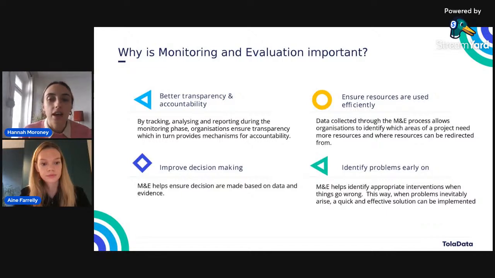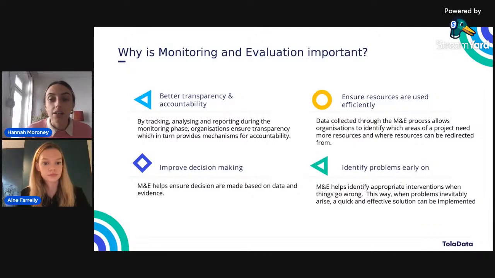Another point we thought of is that you want to ensure that your resources are being used efficiently. And the benefit of monitoring and evaluation in this sense is such that any data that you're collecting during the life cycle of your project is going to be immediately accessible to you. And that can help you then to identify, oh, there's something going wrong with this indicator or something going wrong with this whole objective over here. And you can immediately tell and immediately identify any problem areas, which brings us actually also to the next point.